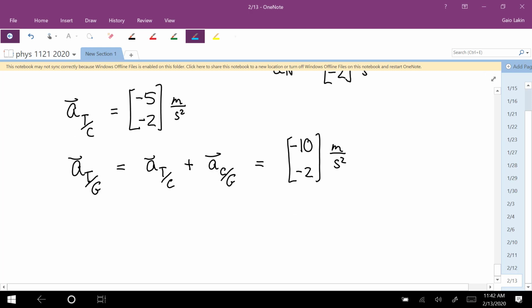Okay, so at the top, we saw that when we use the relative motion equation, the acceleration and velocity of the center and the acceleration and velocity from the circular motion were in the same direction, so they added, and that's why we got that double size on the x components of these things. We're going to see when we use relative motion for that bottom point, they're opposite directions, and so they offset each other. And what we're going to see is that the horizontal velocity and the horizontal part of the acceleration